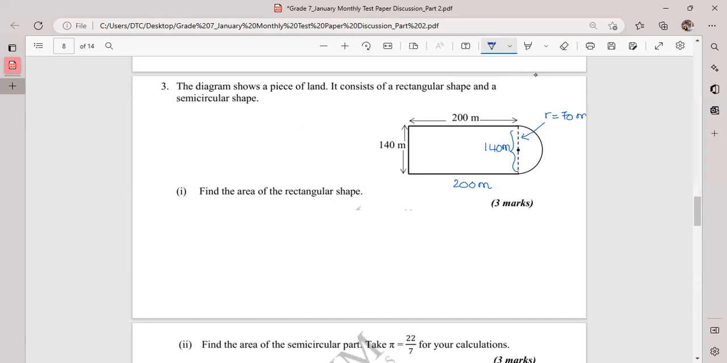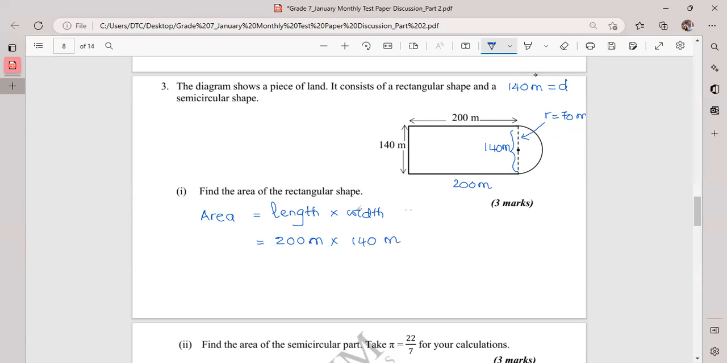Why is that? Then 140 meters will be the diameter of that circular part, right? Then how to get the radius value? You want to get the half of that. That becomes 70 meters, right? First I will write all these things. Then I'll go to the question. Find the area of the rectangular shape. So then you write area is equal to length into width, right? So then it is 200 meters into